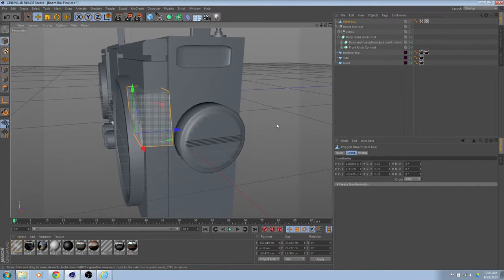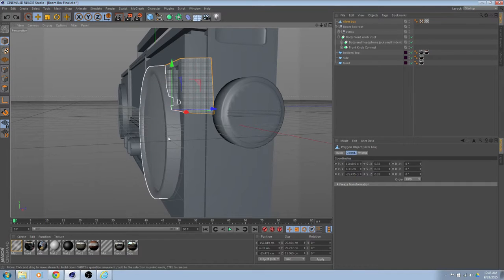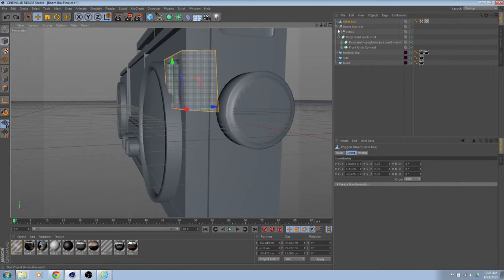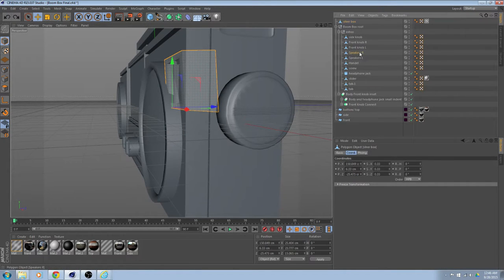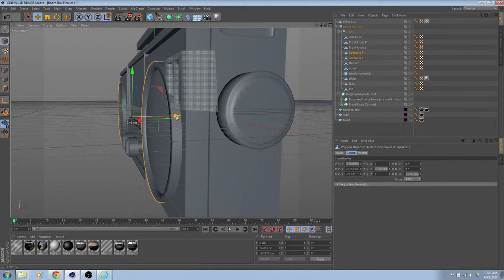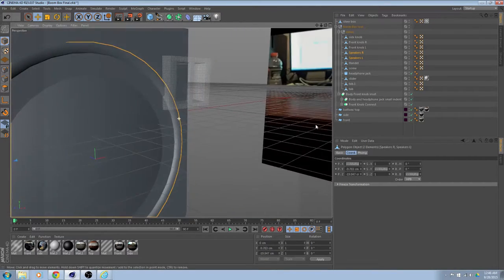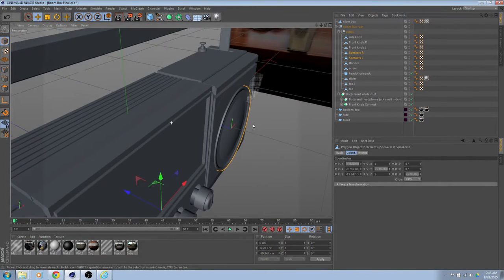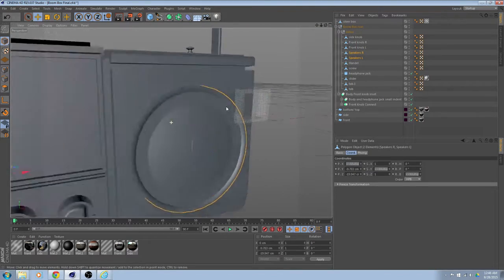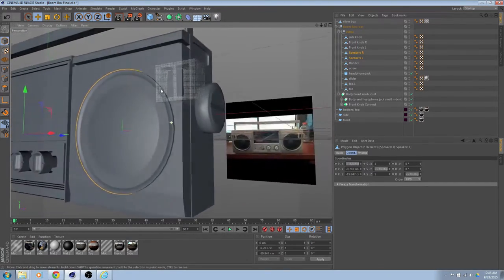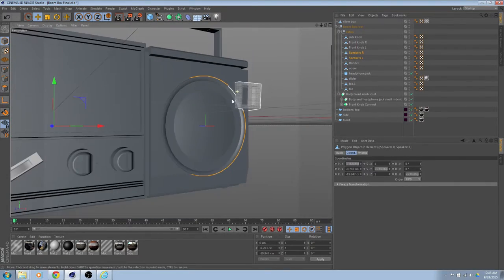So let me go back to where it was. So where are my speakers? I have to bring them in a little bit because they are really close to that face. Alright, and then what I might do is, gosh, looks like I have to,